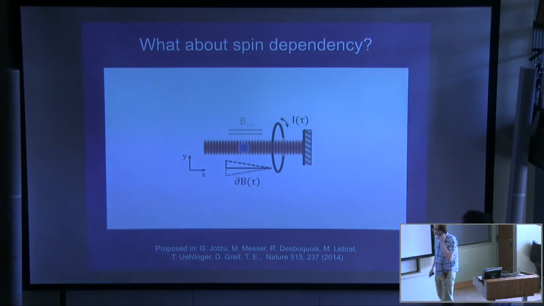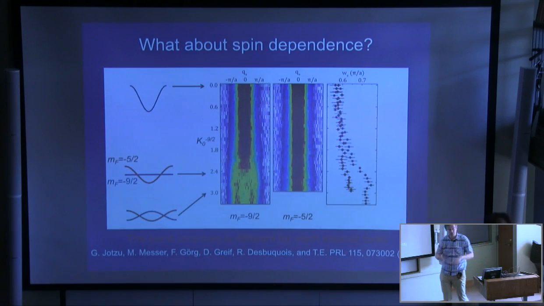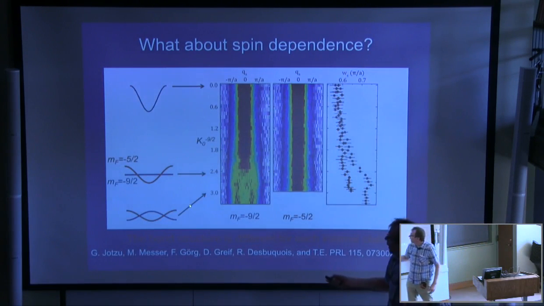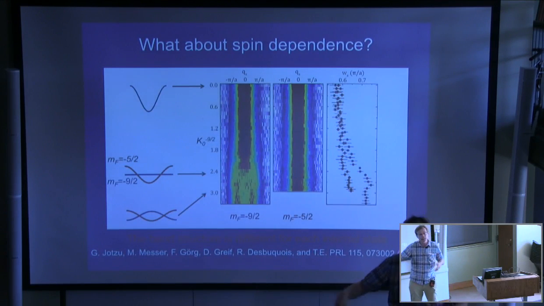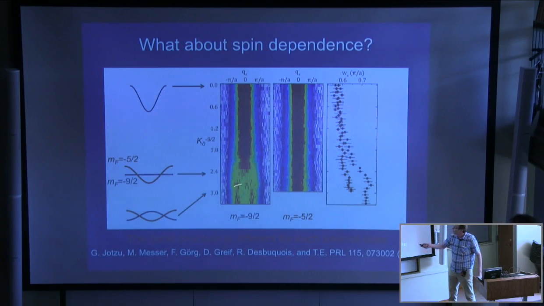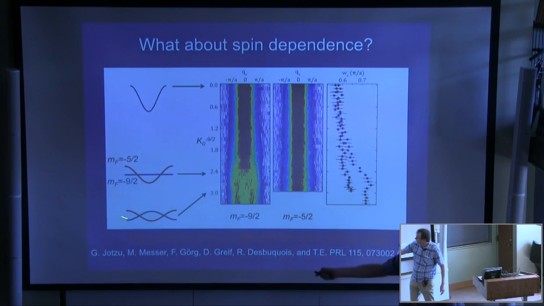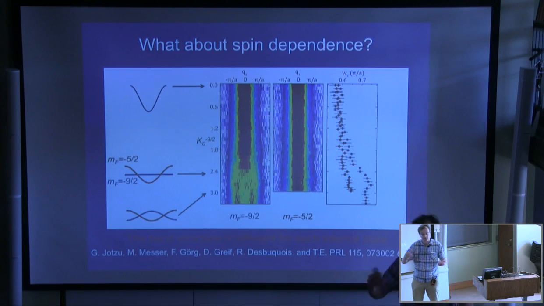And we did a test experiment on that. So we produced clouds of two different spin states, and we did a magnetic shaking, and then we looked at the band structure by band mapping. And indeed, we could associate, I mean, these are the mapped band structures. We could associate here that in one spin state you have a flat band, while in the other one you still have a confining band, or you can even invert one band whilst the other one